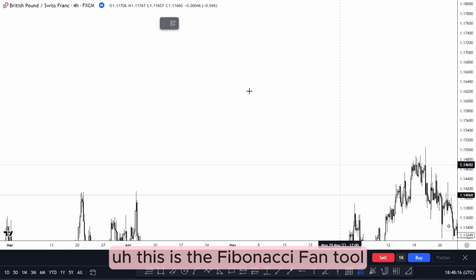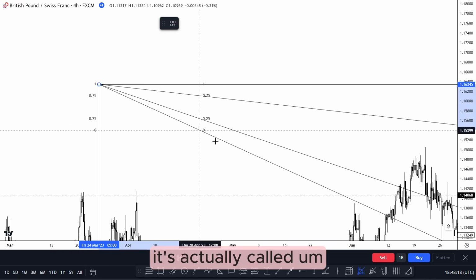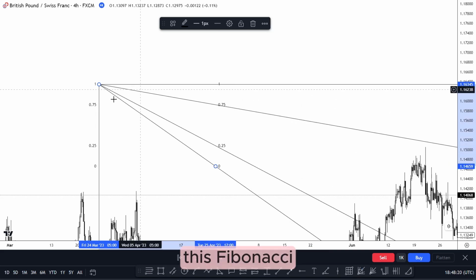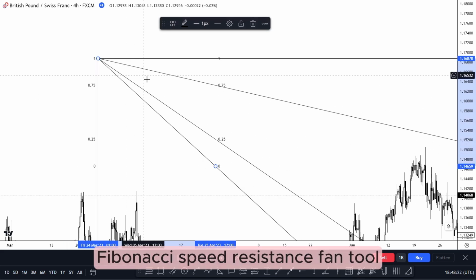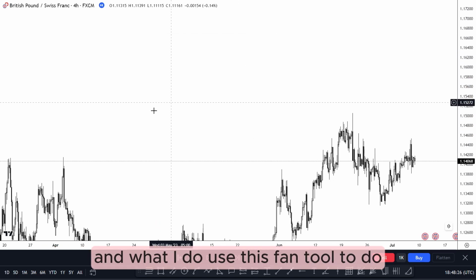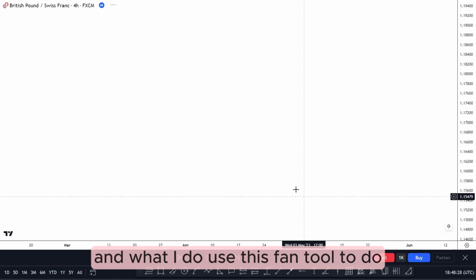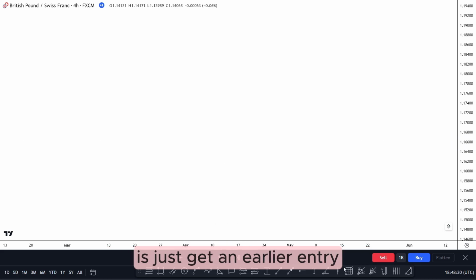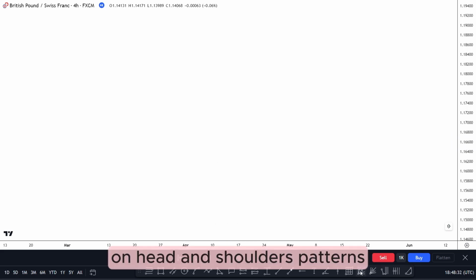Now this is the Fibonacci Fan tool. It's actually called the Fibonacci speed resistance fan tool. So this is what it looks like. And what I use this fan tool for is just to get an earlier entry on head and